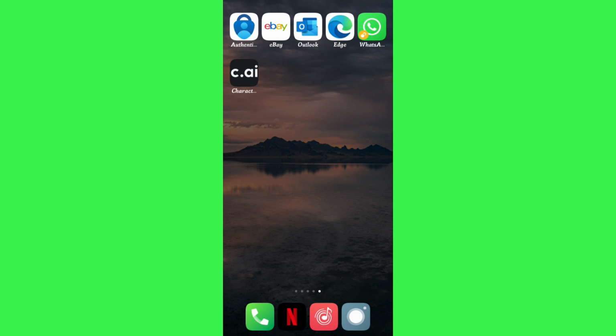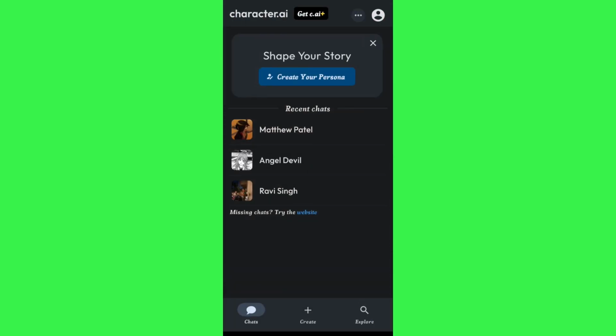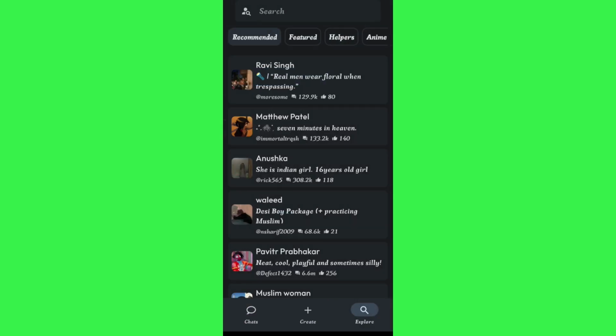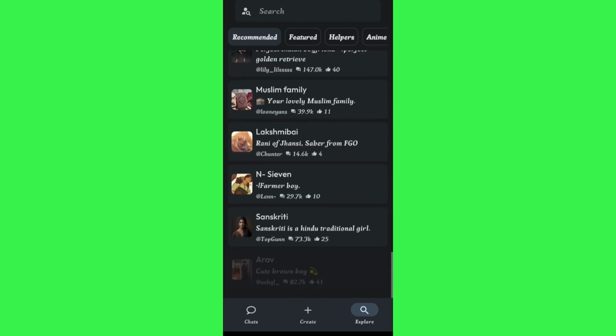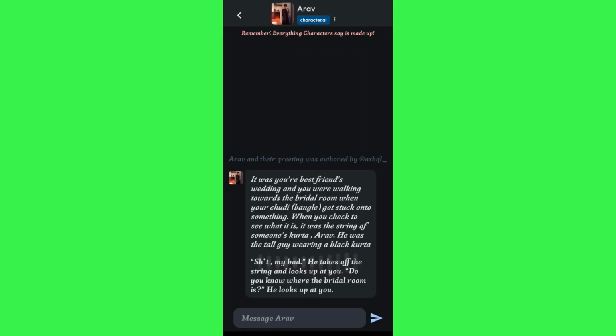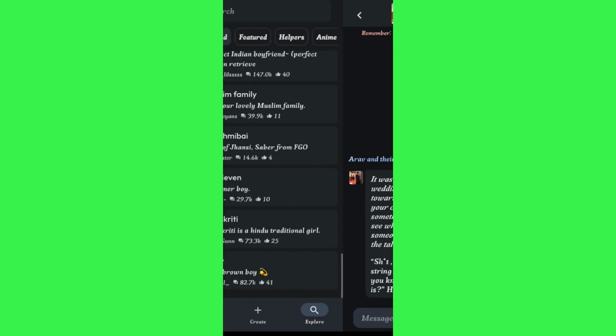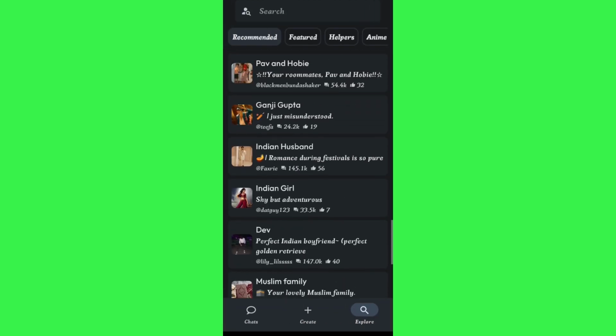For that you just have to launch your Character.ai application and then log in to your account. Now once you have successfully logged in, you need to tap on this Explore tab in the bottom right hand corner of the screen, and here you will be able to see all of the characters with whom you can chat on Character.ai. So over here you just have to choose any of the characters with whom you want